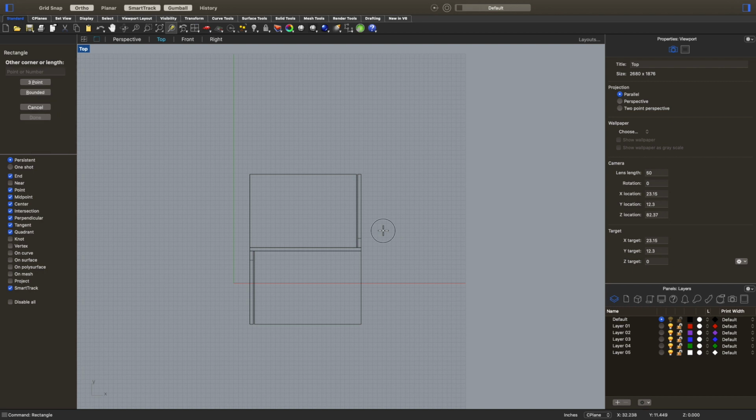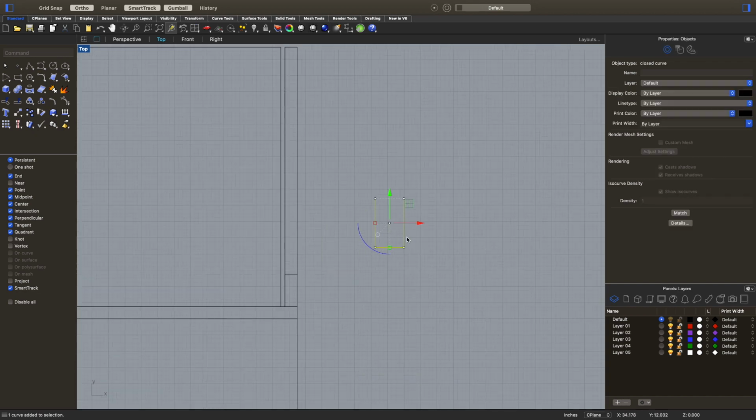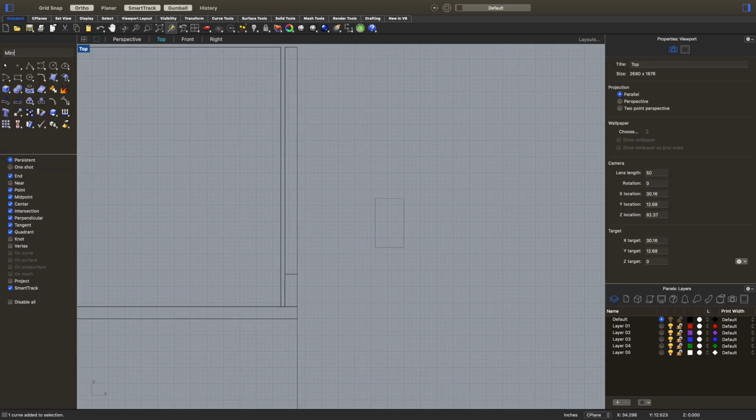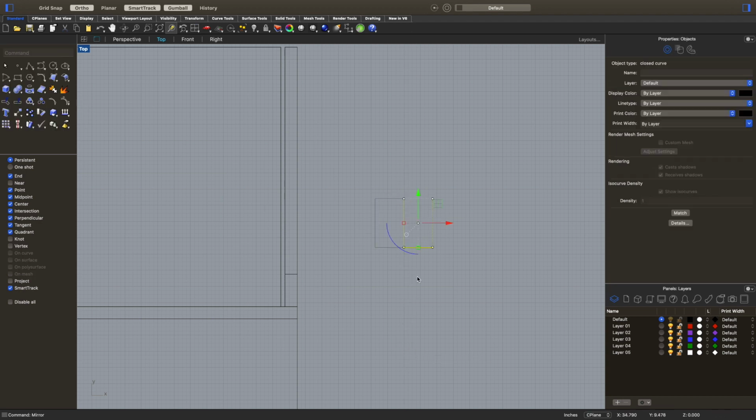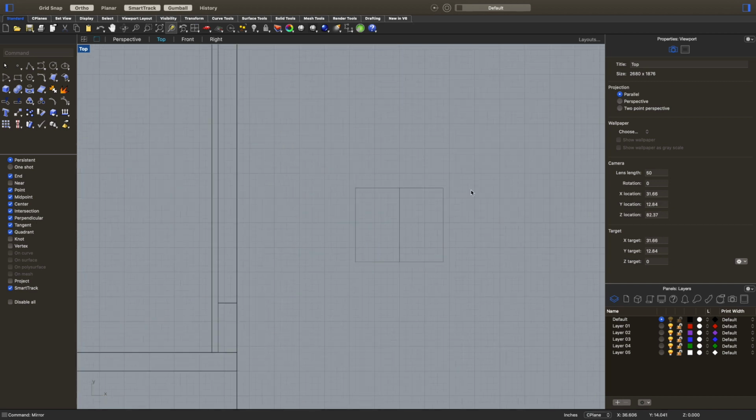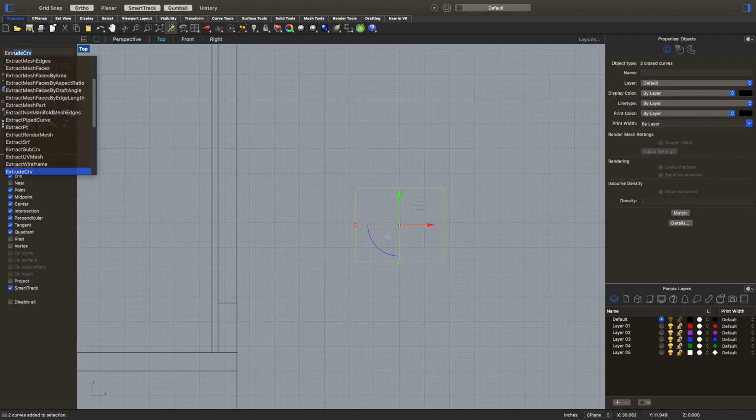We draw a rectangle with a dimension of 1.75 by 3 inches, and then we mirror that on the other side. Oh, it's sticky though. I've got to take copy off, or turn copy back on. I'm sorry. Okay, and then we can extrude